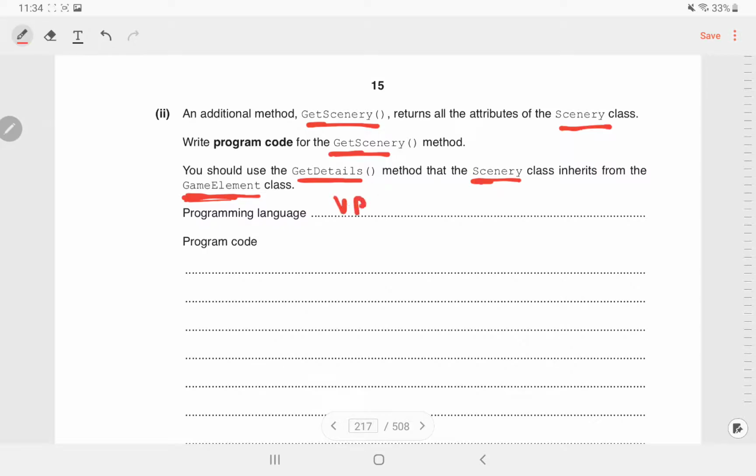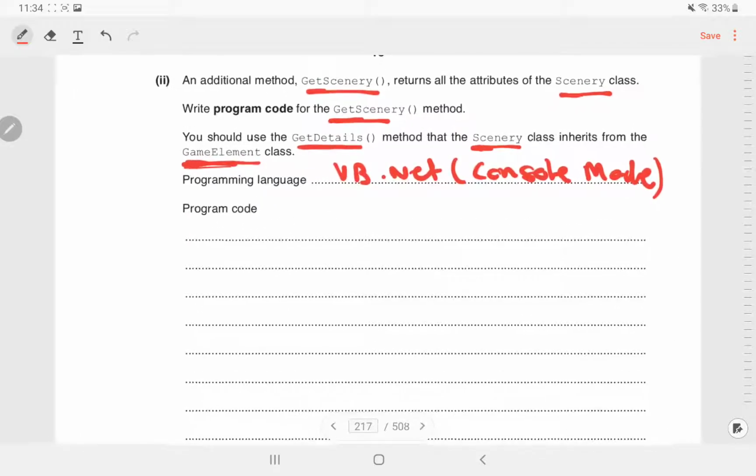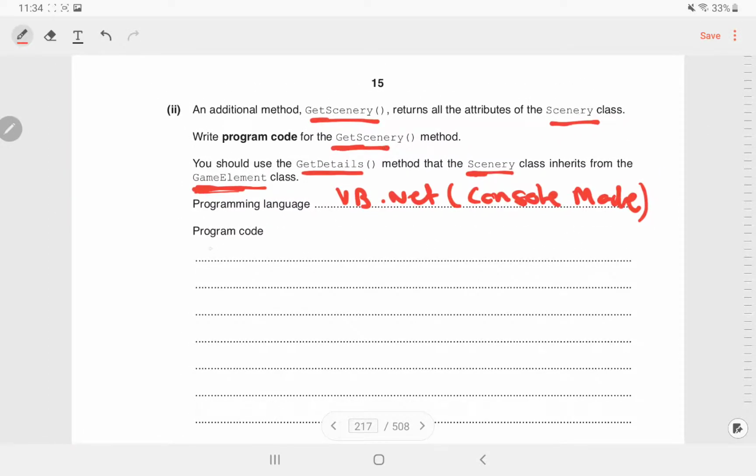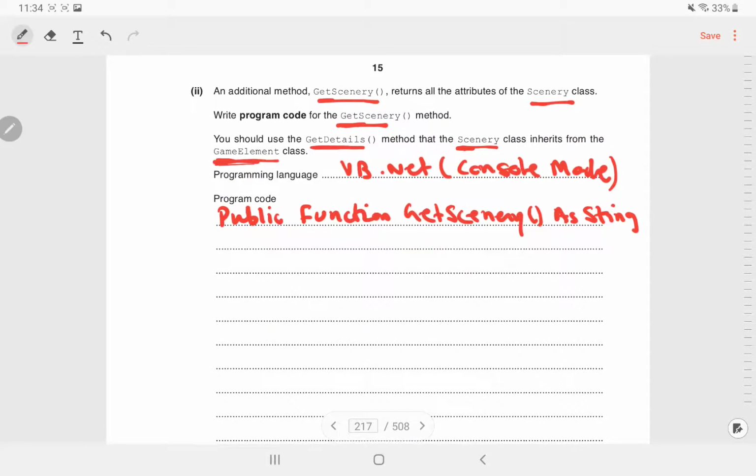So the programming language will be VB.NET and this will be console mode. Now we need to just create the function, write the program code for the getScenery method. So we all know that it will be Public Function getScenery and it will return us a string. So the data type of the function will be String. Now again I declare one variable over here, Dim message as String,